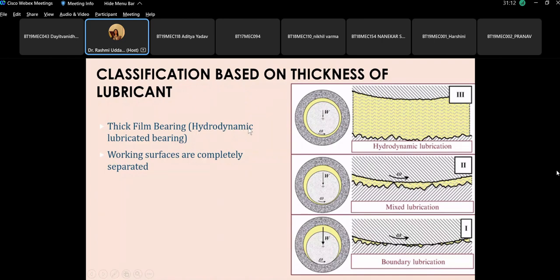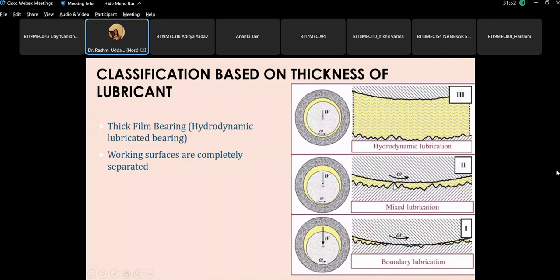So I repeat, hydrodynamic lubrication is when a thick film is formed, and the film is thick enough to keep the journal away from the bearing. There is no contact. While solving the problem, we'll talk about the surface roughness of the bearing and of the journal. Howsoever neat the polishing is done, there would still be some roughness in microns, and even that roughness will lead to contact between the journal and the bearing, and that will make it a mixed lubrication,